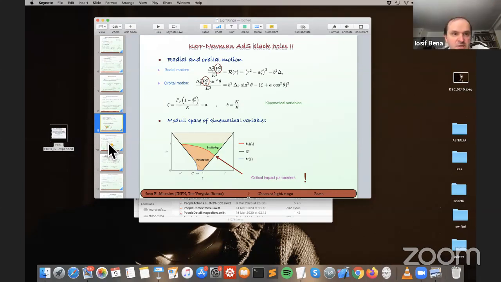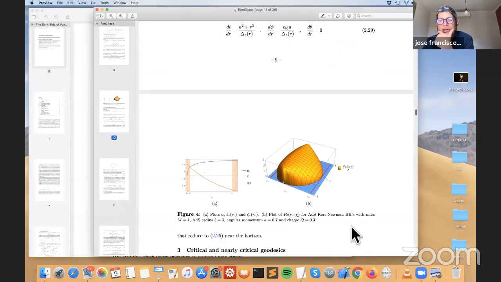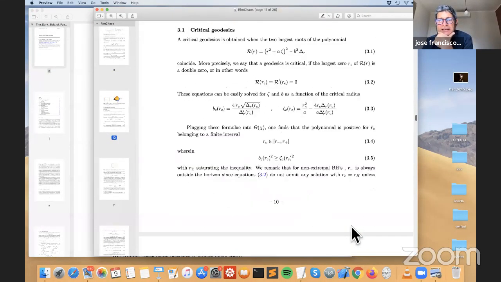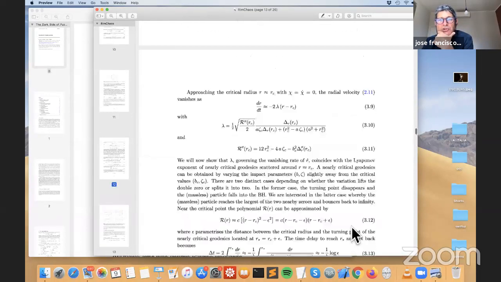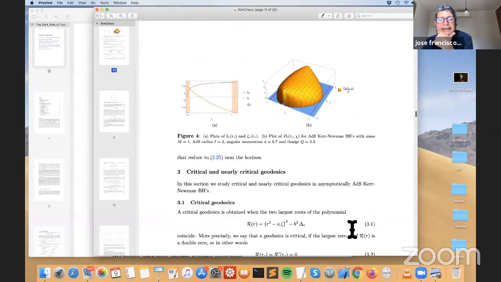The question is, what does close mean? There's an AdS2 throat which is very long, then an AdS3 region, and then flat space. Yes, this is a good point. I don't know. Maybe we should discuss this more in detail. Let me show again the picture of the scattering in AdS.